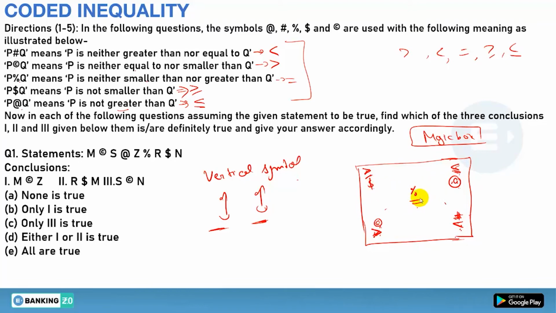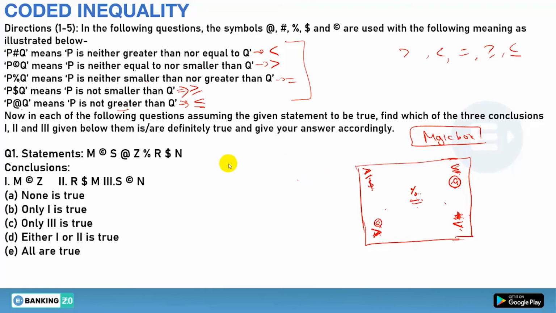Other than that, if you are getting any symbol with the equals, meaning if you get dollar and percentage, you can justify dollar. If at the rate and percentage, you can justify at the rate. Hash and percentage, you can say hash. Copyright and percentage means copyright will be there. Clear? So this is what you have to understand. The first and most important thing is that whenever the symbols are horizontal or diagonal, you can't justify the relationship. That's it.